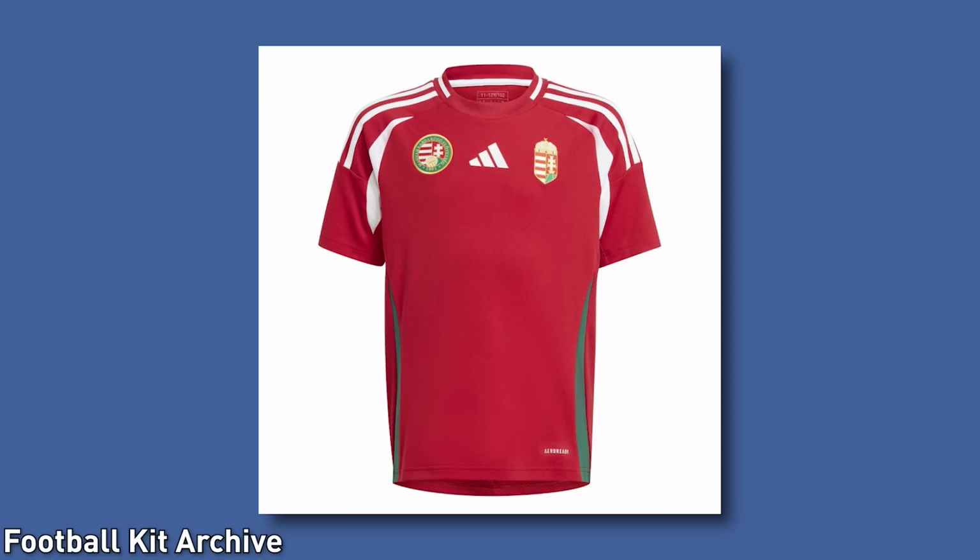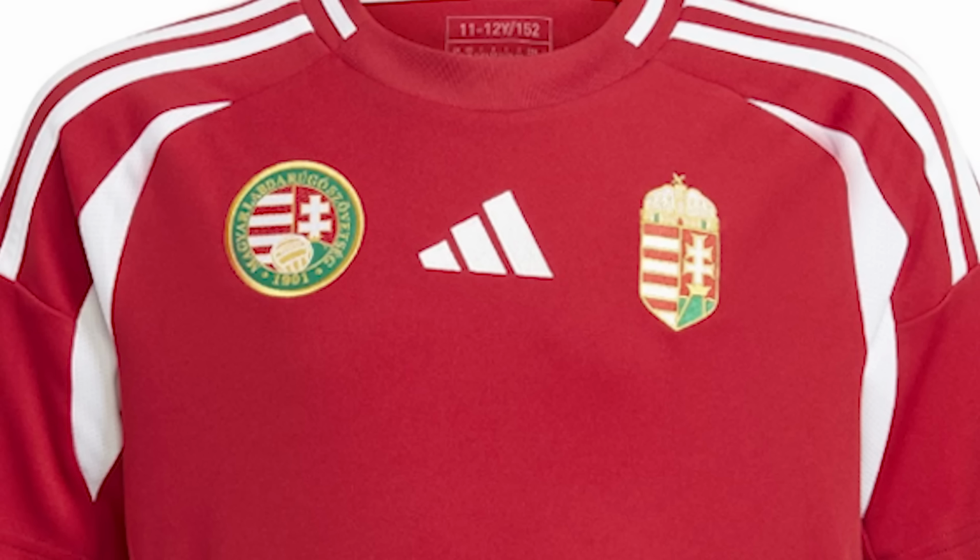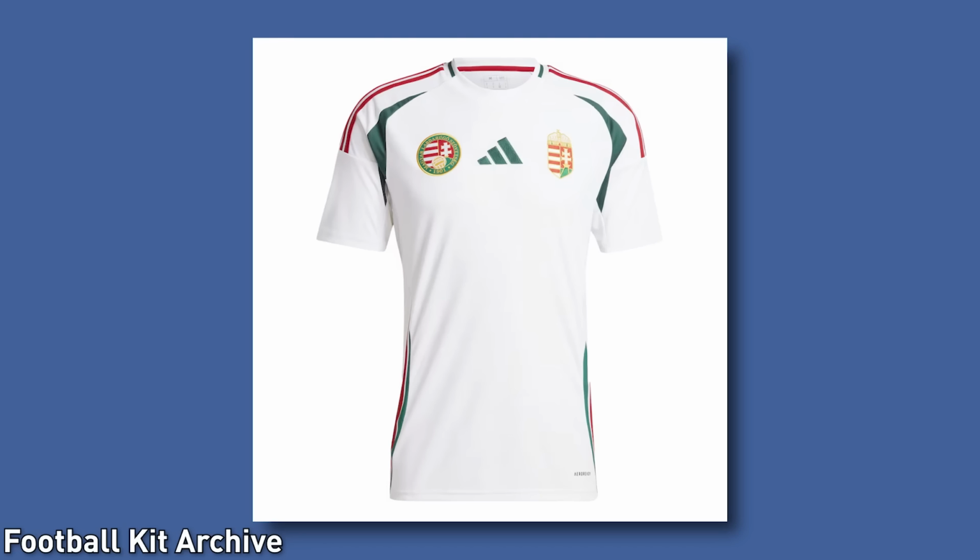Too many badges and logos happening, and why does it look like they're so big on the shirt? Hungary are going into this tournament wearing a shirt that makes them look like they're still on a decline. Alright, how about that away shirt? It's just... I'm sorry, but what is